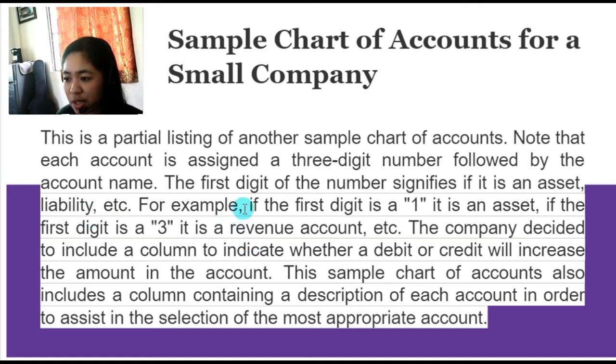So here the first digit of the number signifies if it is an asset, liability. So the first digit is 1, it is an asset. If the first digit is 3, it is a revenue account. So when the company decided to include a column to indicate whether a debit or credit will increase the amount in the account, this sample chart of accounts also includes